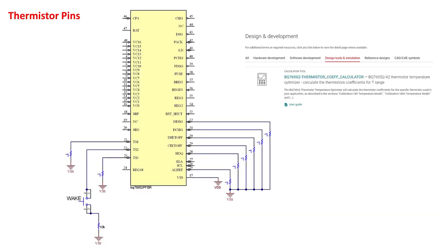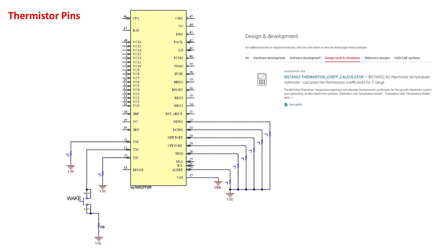The device can support up to 9 external thermistors on multifunction pins. The device includes an internal pull-up resistor to bias the thermistor during measurement. The internal pull-up resistor has two options, which can set the pull-up resistor to either 18 kiloohms or 180 kiloohms. The 18 kiloohm option is intended for use with thermistors such as the Semitec 103-AT, which has 10 kiloohms of resistance at room temperature. The 180 kiloohm option is intended for use with higher resistance thermistors, such as the Semitec 204AP-2, which has 200 kiloohms of resistance at room temperature.